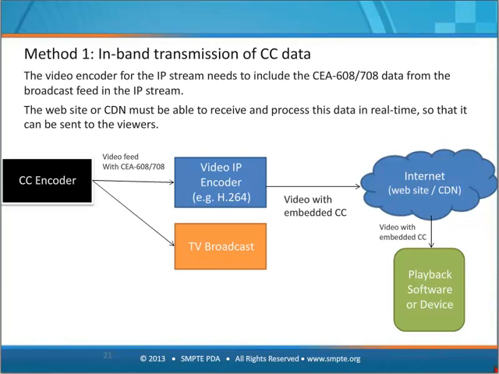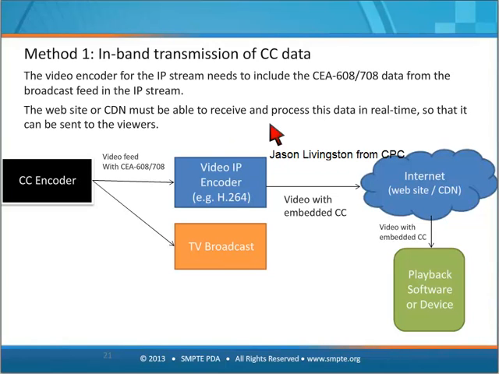So, different ways of addressing these challenges. One way is called in-band transmission of closed captioning data. This means the closed caption data, whether it's 608 data or SMPTE Timed Text or something else, is embedded directly into the video stream. Some video codecs and some video wrappers have the ability to store metadata, live metadata, along with the video stream. So in this case, it's not too bad for the encoding side, right?